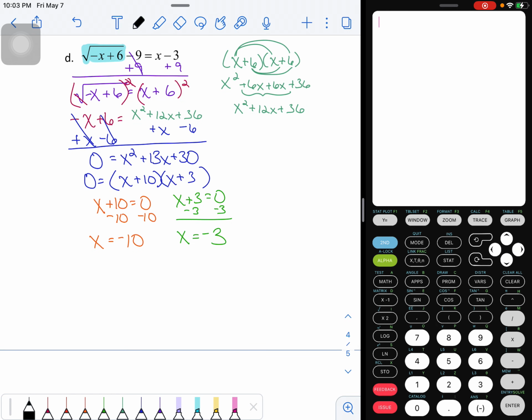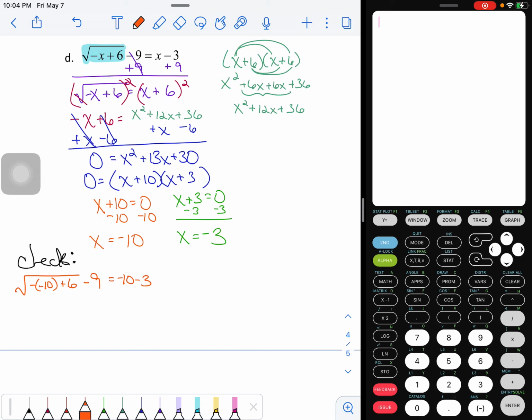All right. So down here at the bottom, I'm going to write check, because I want to show that I'm checking my work. And in this original problem, everywhere I have an x, I'm going to replace it with a negative 10 for my first check. So square root of negative 10, if you know that that equals just positive 10, flip it in there. Plus 6 minus 9 equals negative 10,